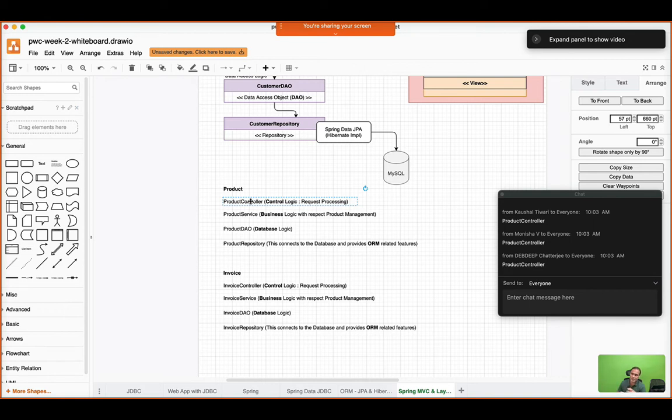Then there is another logic that there must be while processing. Suppose while creating the product, the user has a form on the browser. User enters all the details and he clicks on submit while creating a new invoice. Okay, forget about product. I'm talking about invoice. And there is an invoice creation form. The user fills up the entire form